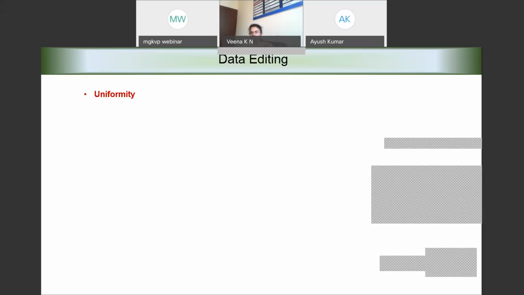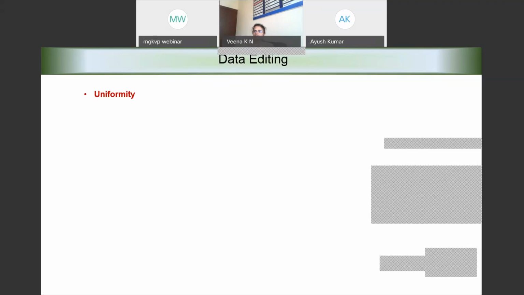the annual income is 3.5 lakhs. That is one answer. Another respondent might have given it as 350,000, right? 3,50,000. Some other person would have given it as 3,50,000 in words.